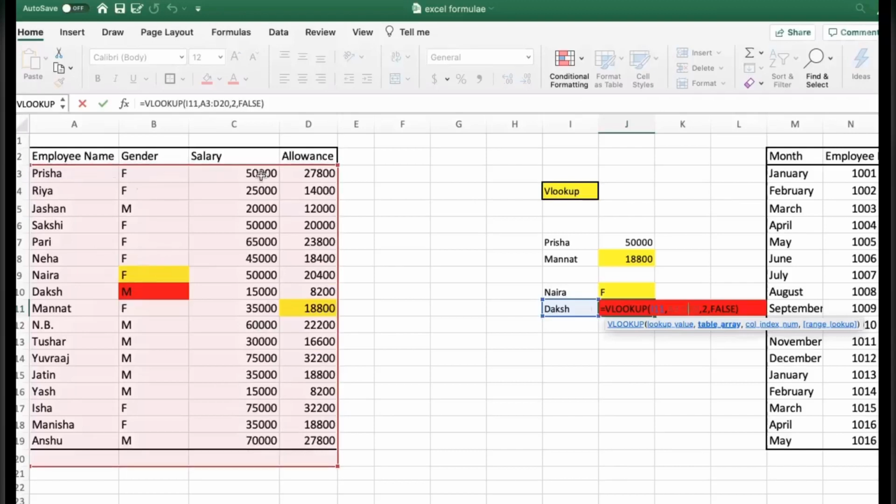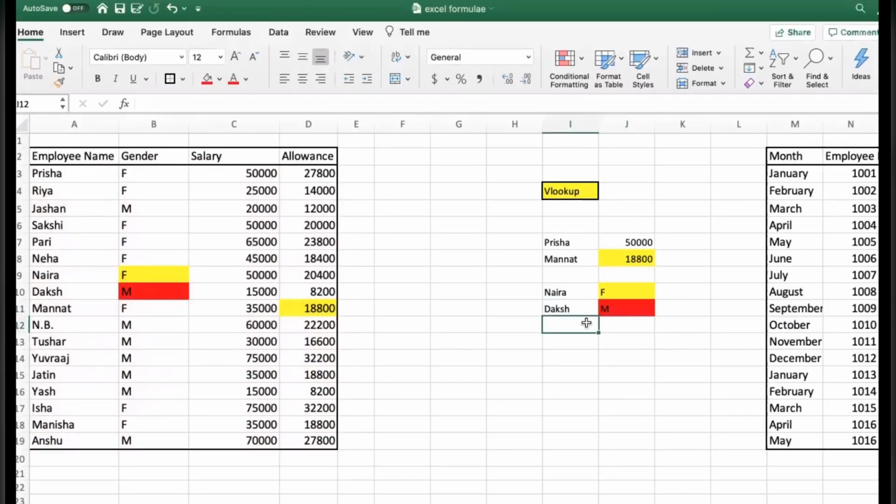The column number 2 is okay. It means here is the problem. The problem is that my table source should be this one, not this one. Now it's showing male.